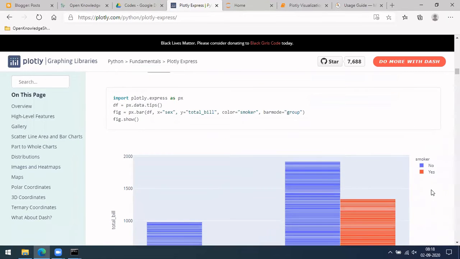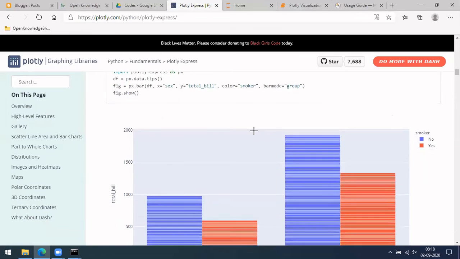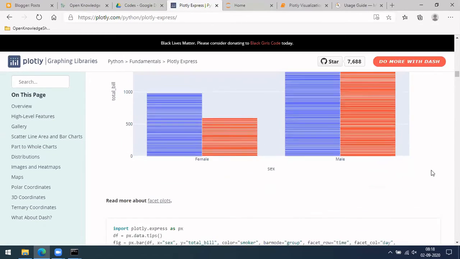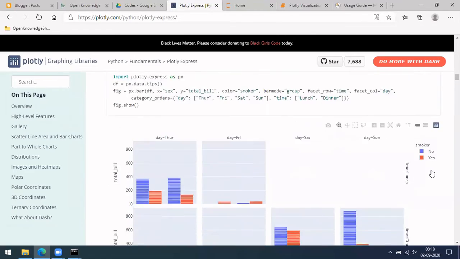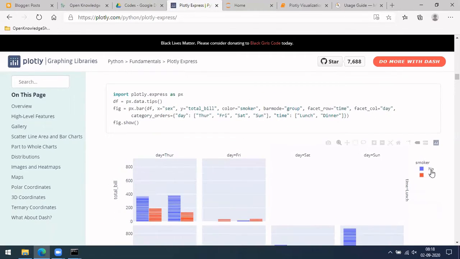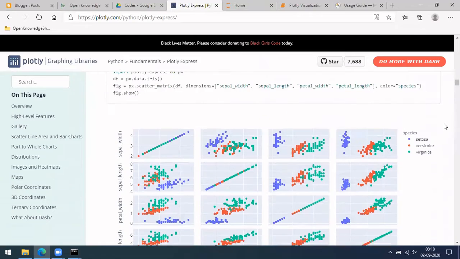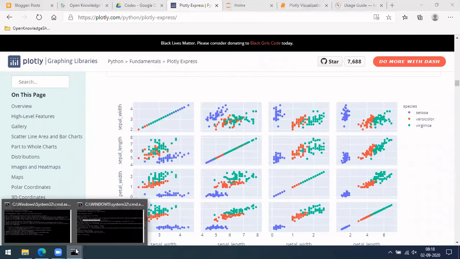Something like this again, which I think we have seen earlier. For smoker equal to yes and smoker equal to no, separate graphs. We have seen this in Seaborn, where we use hue as smoker, and then we plotted this, right? It is something like that. Similarly, you can do multiple graphs; you can refer to which kind of graph you need, and then you can see that. Is it installed now?